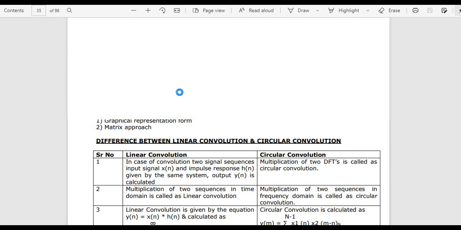What about circular convolution? Multiplication of two sequences in the frequency domain. So the linear convolution formula is y of n equals x of n convolved with h of n, whereas circular convolution is written as y of m equals